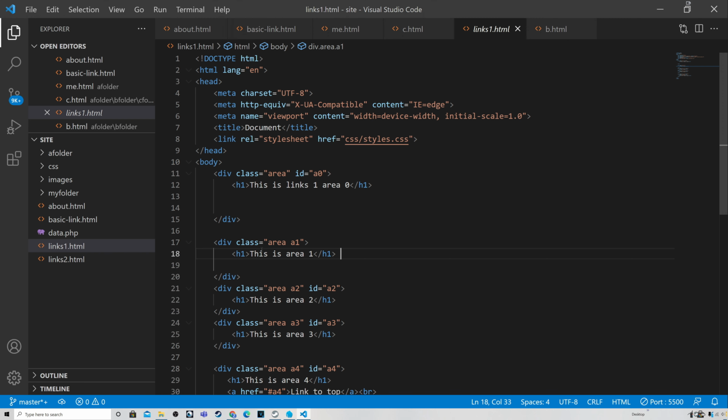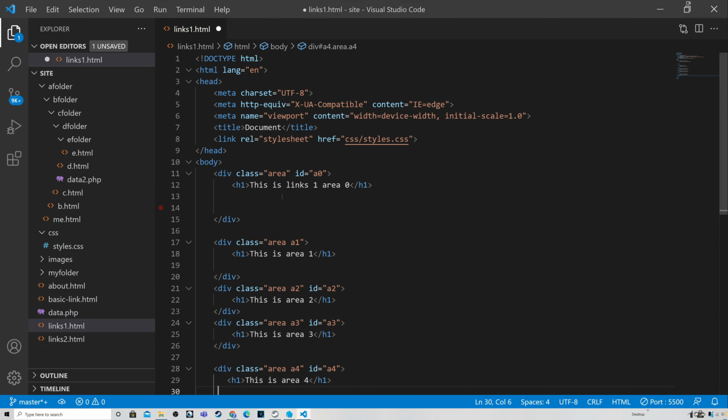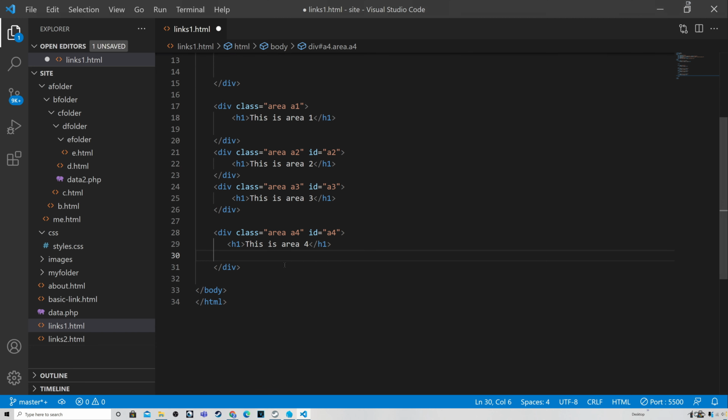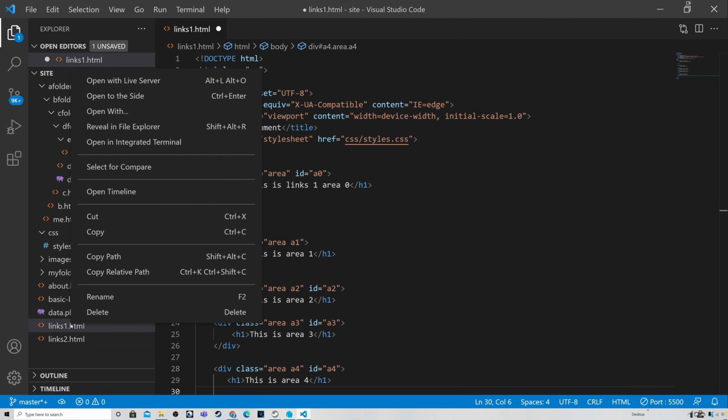Okay, and you can see we've got some classes, and these classes are all linked to a CSS file, which basically says we're going to make each area half of the height of the browser, so we get some distance, with a little bit of padding being applied to them as well. So what we're going to do is create a link from the A0 area, have it linked to the A4 area. And again, we're just going to open this up so we can actually see what this page is going